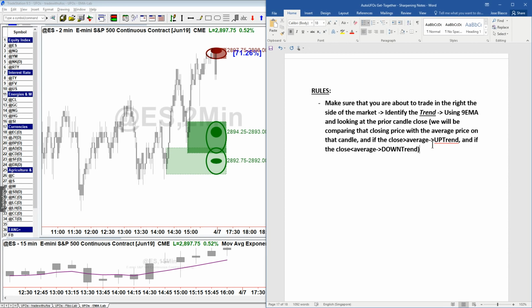All good here, Jose. Isn't that make it more choppy trade? If you were to use it on your own, Mital, I 100% agree with you. If you were to only buy because the average is up, or only sell because the average is down, or the close is above or the close below, then yes, it could be very choppy. Okay, but we have more rules to avoid the choppiness.